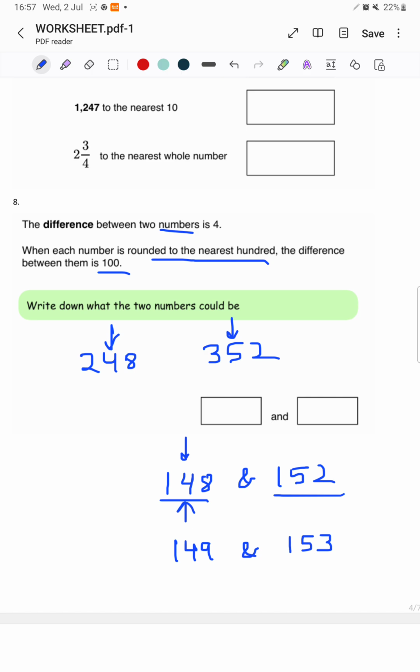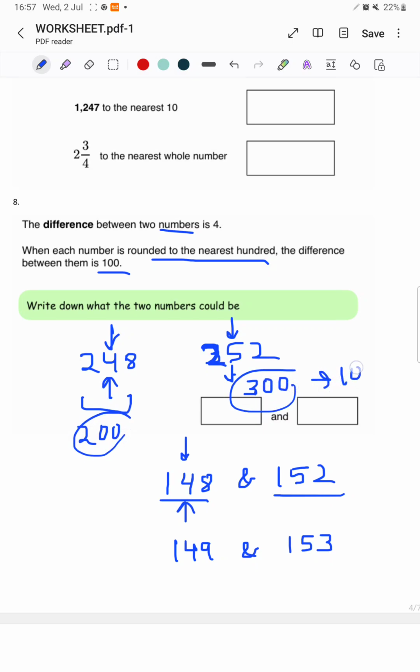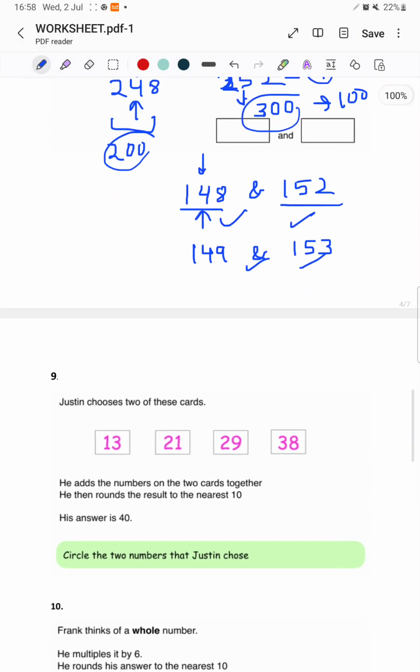So when we round to the 100, we depend on the immediate next digit. When you round this off, it will become 200, and when you round this off, it will become 400. So you have to take 252. So this will become 300, and now 200 and 300, the difference is 100, and the difference between these two numbers is 4, which is required. Same way you can take this example also, 148, 152, 149, 153. Then the next is